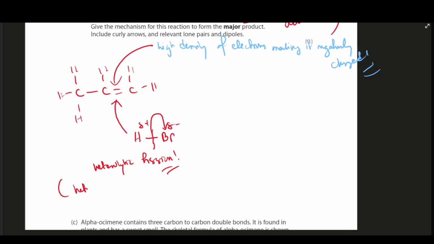Heterolytic fission is the process in which bonds are broken